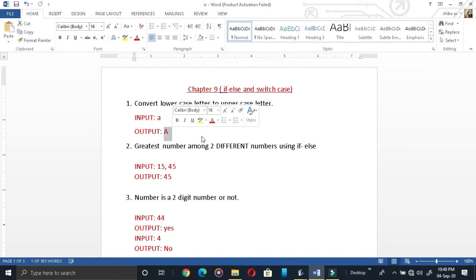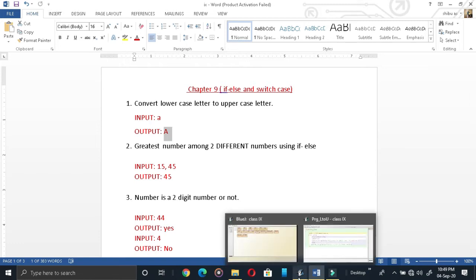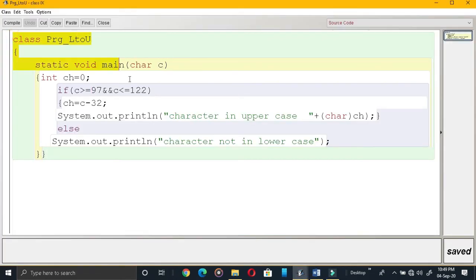In order to do your program, you need to install BlueJ as well as JDK 1.5 or more. After installing those software, you have to open BlueJ. From the Oracle software site, you are able to download Java, and BlueJ is free. You Google it, you will get it. I am going to open BlueJ here. BlueJ I have opened. I have typed the program and kept it over here.